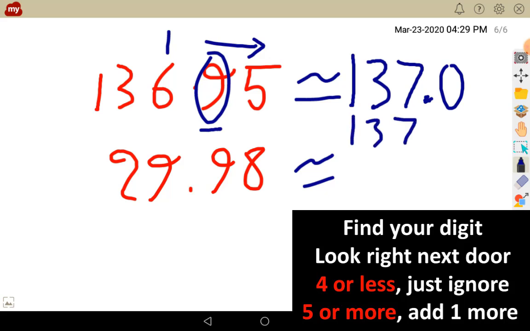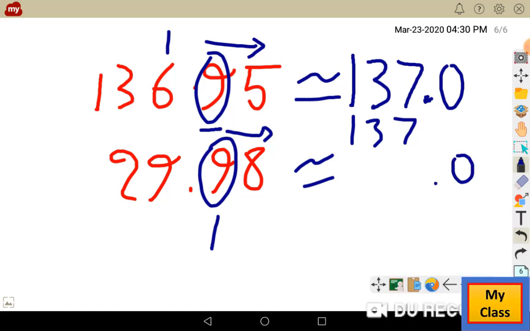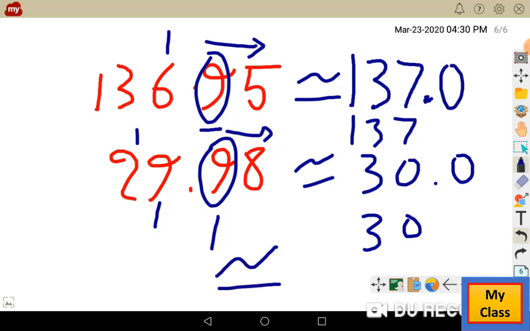خلاص. at this one find your digit. look right, 8 يعني 5 or more, just add one more, so I'll add 1 to 9, so it's 0.1 and 9 10, 1 and 9 10 1 2 3 so it's equal 3 approximately 3. طبعا العلامة دي معناها equal approximately عشان احنا ممكن يكون نسينا نقولها في السرعة اللي ابتدينا بيها. So we have 30. These are all the